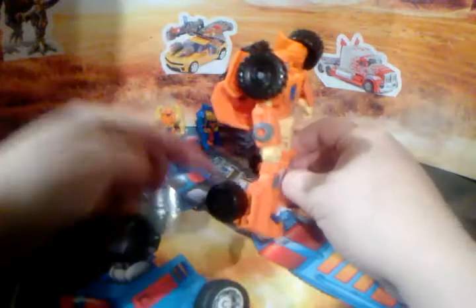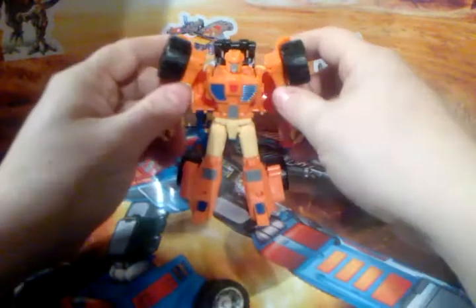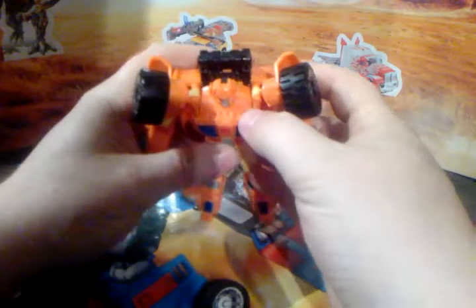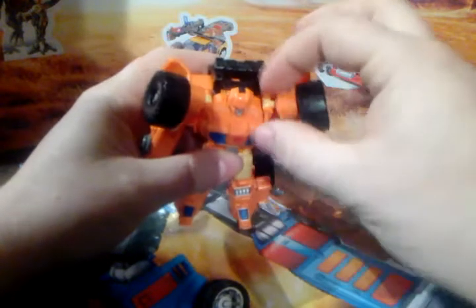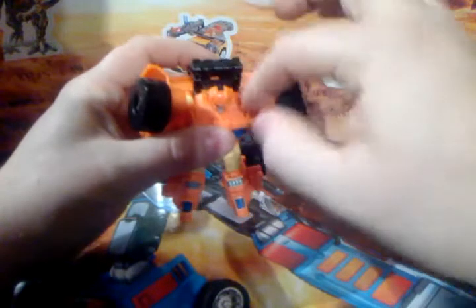These aren't like Generations Roadbusters wheels. Ugh. But no, it's great. You might, on the camera, be able to pick out a hint of white around there. The body didn't seem as close together as it should have been. Which means these side parts...